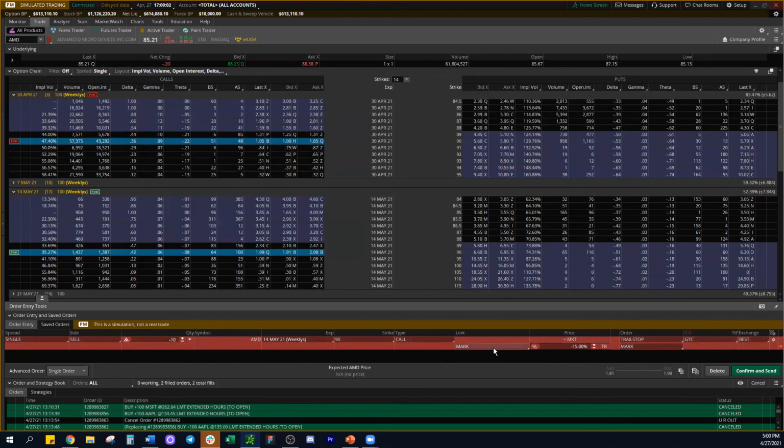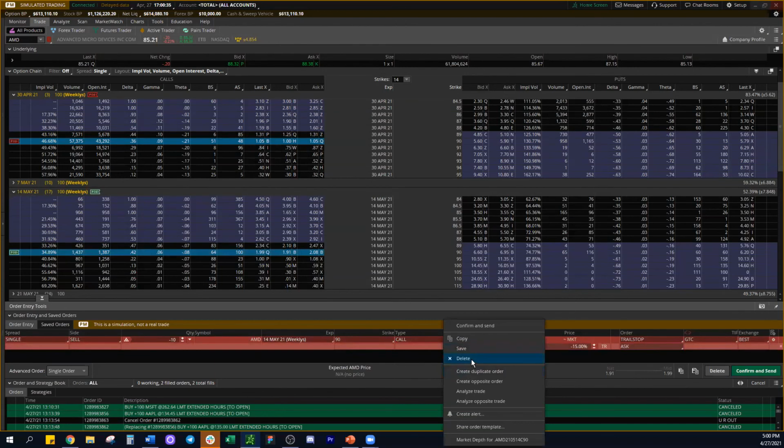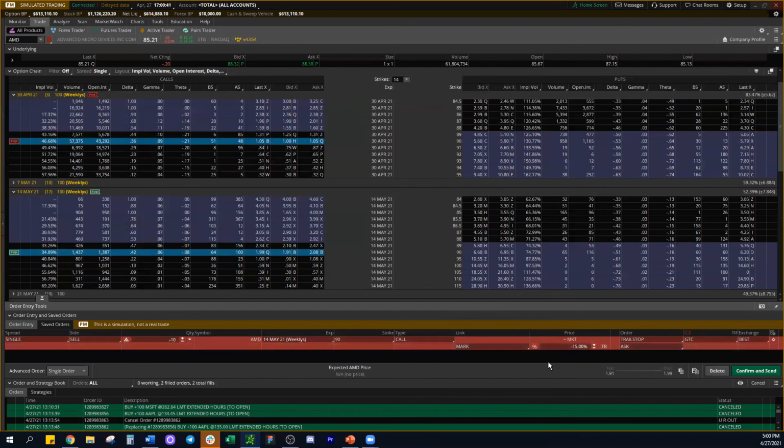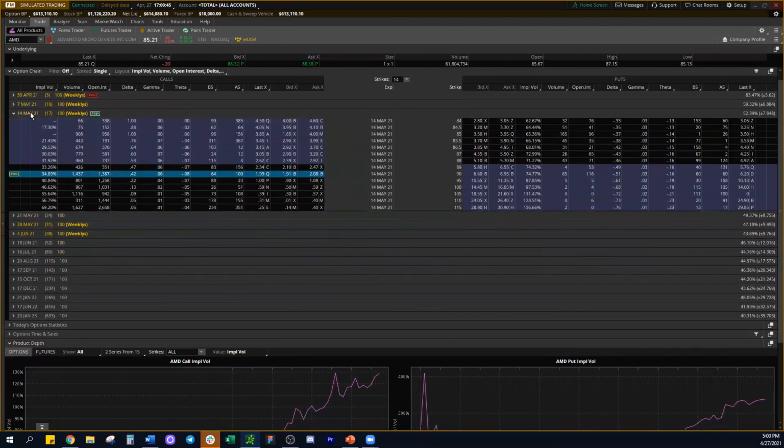Something like AMD is probably okay, but here's one thing that you should know. It's at the mark. The mark is actually not what you want. You'd actually change this to the ask. So the ask is here. So that's saying when this changes down 15%, not the in-between price. Mark is just the in-between. So I would keep this 15%, trailing stop, good till cancel. And this is, I'd send it. That's me legging out of a position, keeping it going. I would do something like this if I wanted to catch a quick run as something's going. If you're day trading,